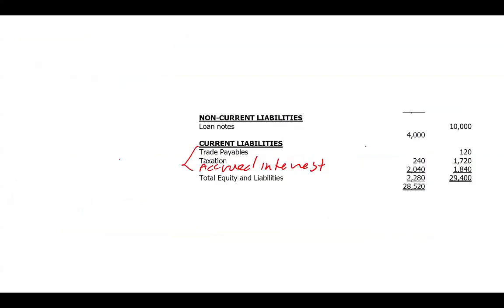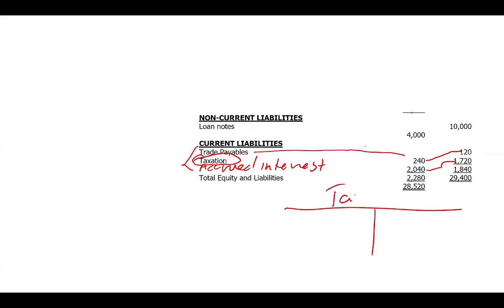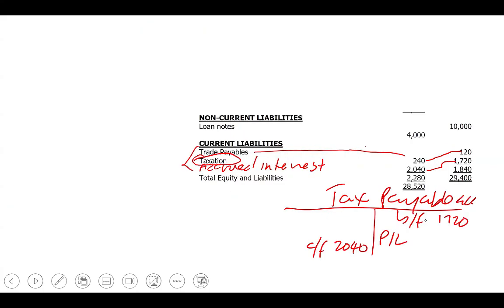So let's check again under liabilities. Always look out for the accrual for taxation. So here, the figures look a little misaligned, but I think this and that are trade payables, and this is tax payable. So I can even do the tax account right here, tax payable account. So the brought forward is the last year tax obligation, 1720. Then the carried forward is this year tax obligation, 2040. Then what was charged in the profit or loss, which is there in the notes, 2480,